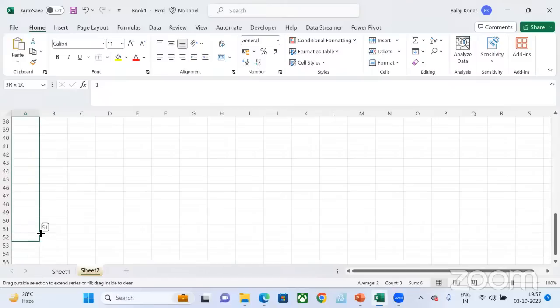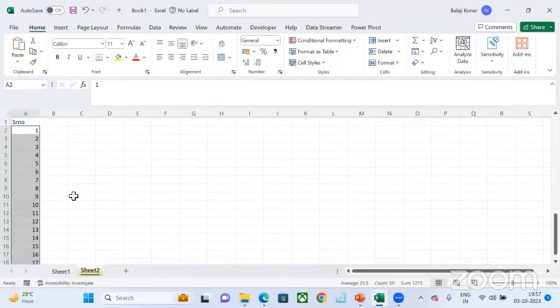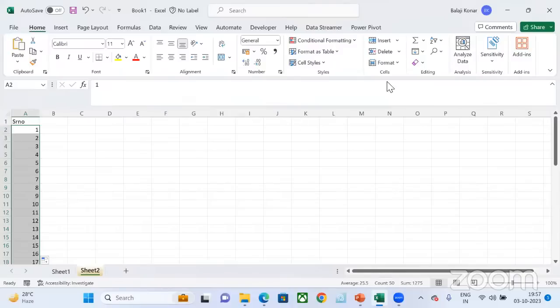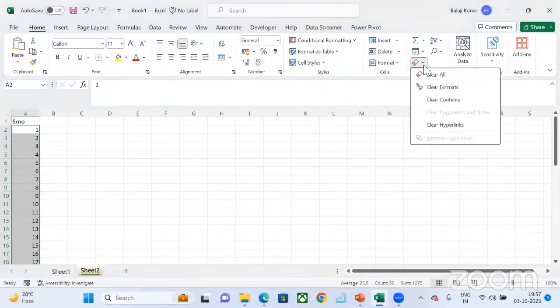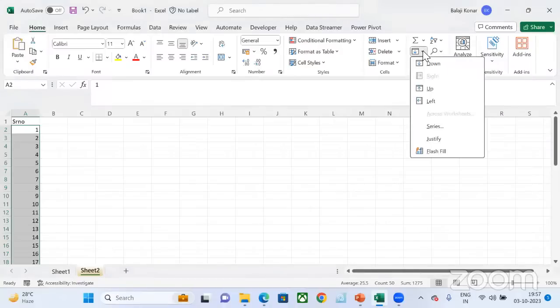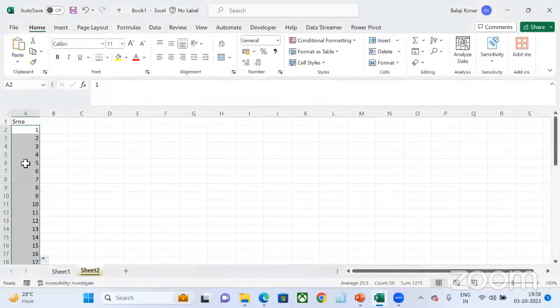Can you see? This is called as autofill function of the Excel. There is also option called fill down as well. Can you see? This is fill down, fill up, and this is called as flash. I will come up onto this. So if I want, I can just drag it, or I can use the fill down and fill up option